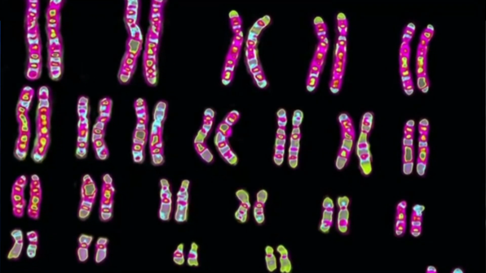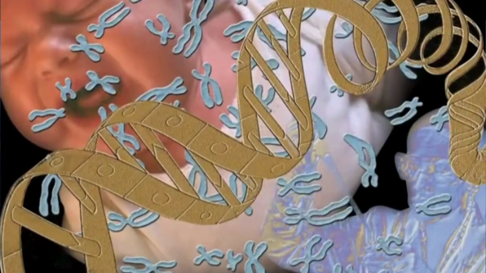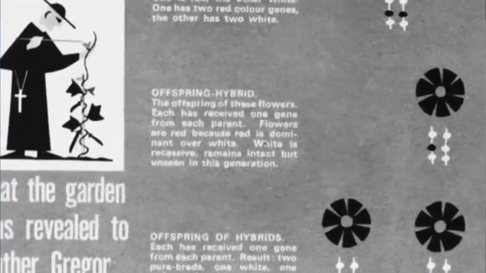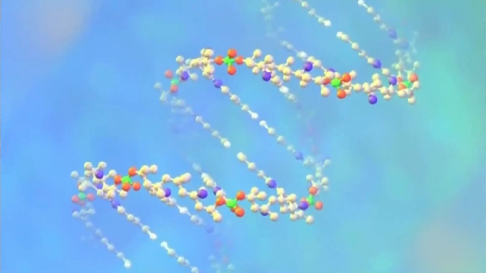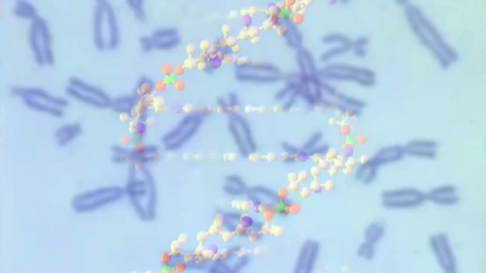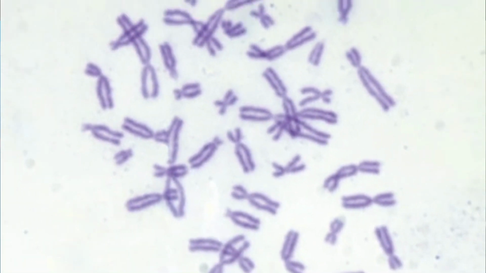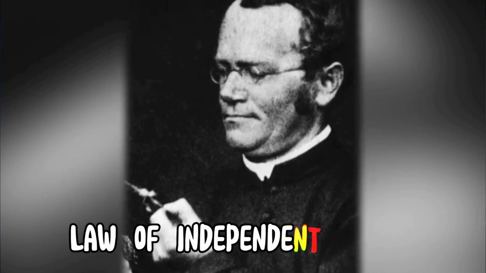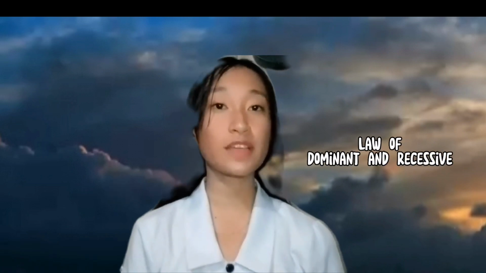Before Mendel, people thought that we equally inherit our traits from parent A and parent B in equal proportions. With Mendel's discovery from his experiment on pea plants, he found out instead that there were dominant and recessive traits in all organisms. Those traits were passed down based upon the mixing of genes between our two parents, and this is named the law of segregation. He also discovered the law of independent assortment and the law of dominance and recessiveness.